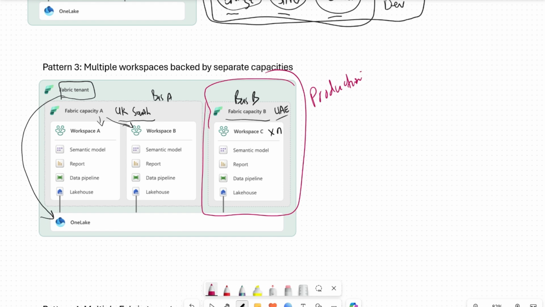So the reasons are, number 1, regions. So you might want your data to stay in certain regions. Number 2 could be performance, like we just spoke about. And the other one could be, I don't know, domains. Maybe you want things separated because they're just different business concerns. Lastly,